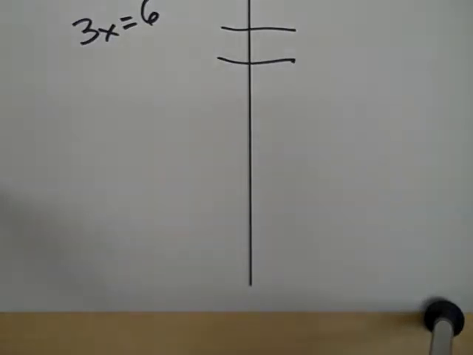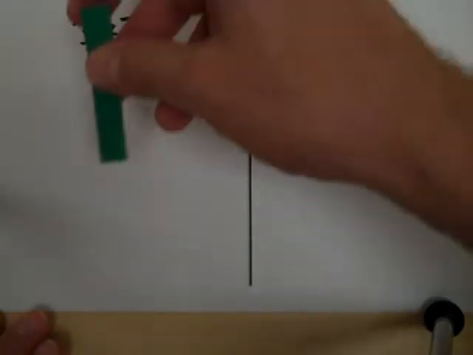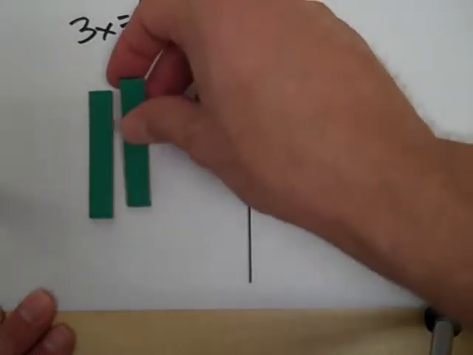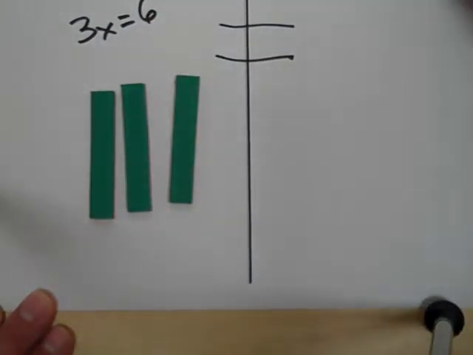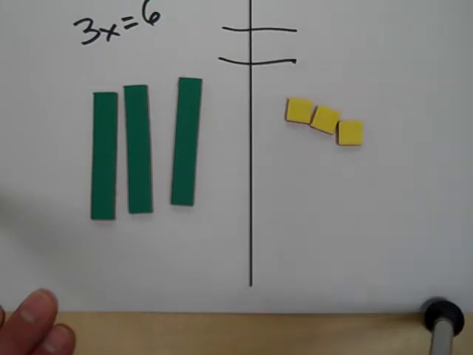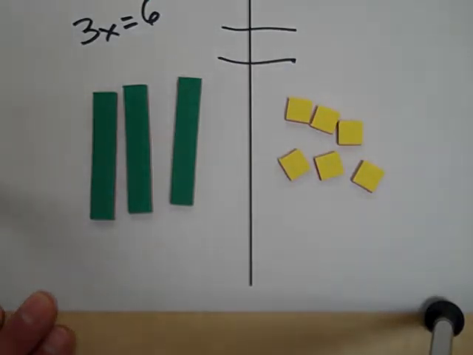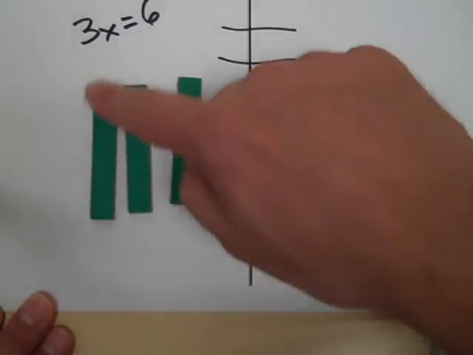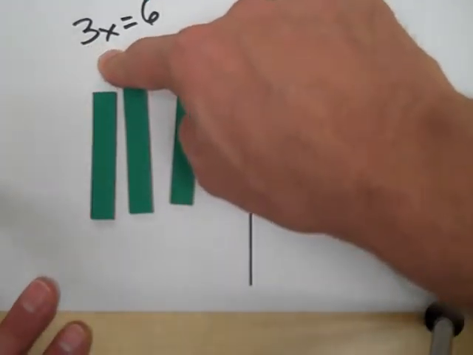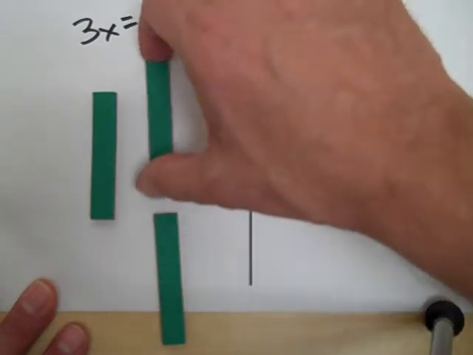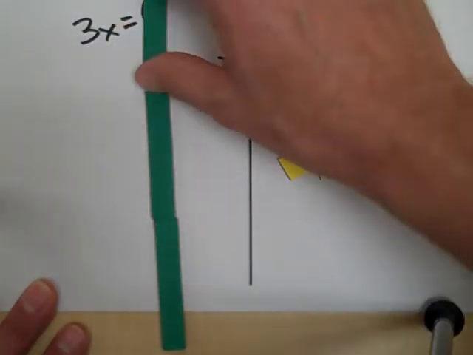So I want to model it first. So let me grab my 3 green tiles. And remember, these are on one side of the equation. My 6 is on the other. So I'm going to grab some cubes from over here, like so. There we go. Okay, to solve an equation, we always do the opposite, and we do the same thing to both sides. So let's see. This is written next to each other, meaning multiply. So the opposite is divide. So I'm going to divide, divide, divide,